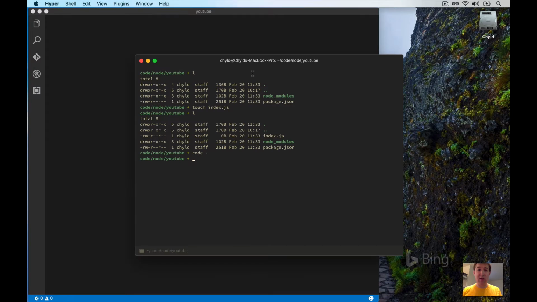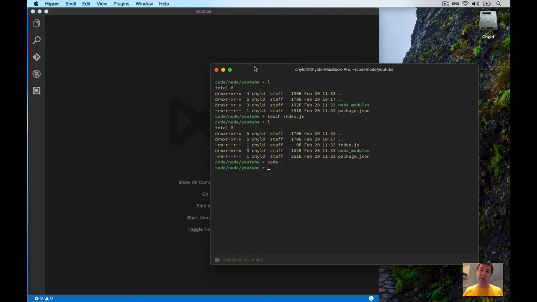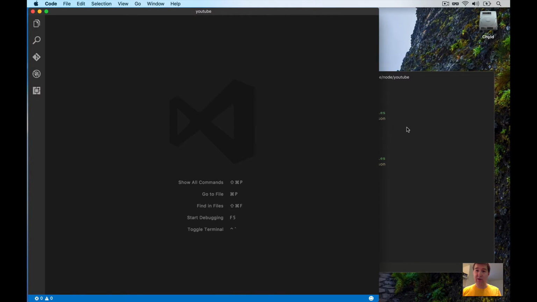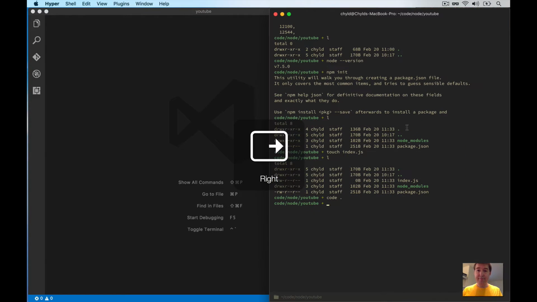Just as a side note, this terminal right here is called Hyper. It's also an Electron app as well. So for those that don't know, Electron is a Node app. It runs Node in the back end. So basically I'm writing Node using a Node terminal and a Node editor. So JavaScript all the way around, I guess. Okay,